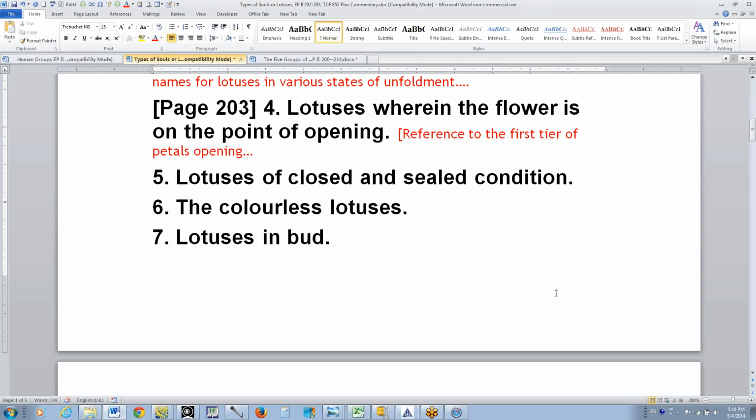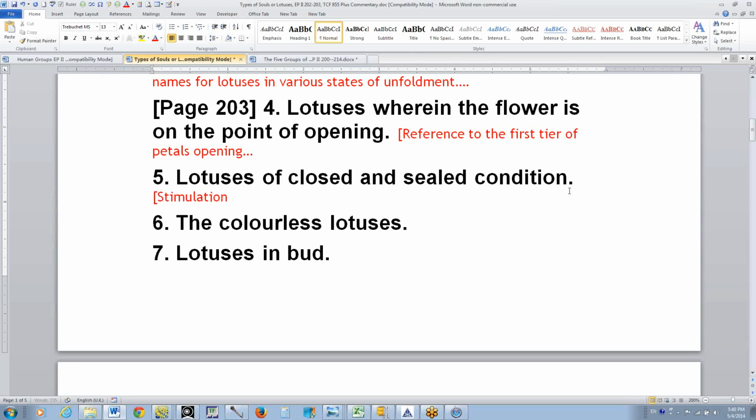Let's just say maybe we have stimulation and organization, but not unfoldment of the first tier. Lotuses of a closed and sealed condition, and this can go on for a long time. However, well, if we're talking about the entire